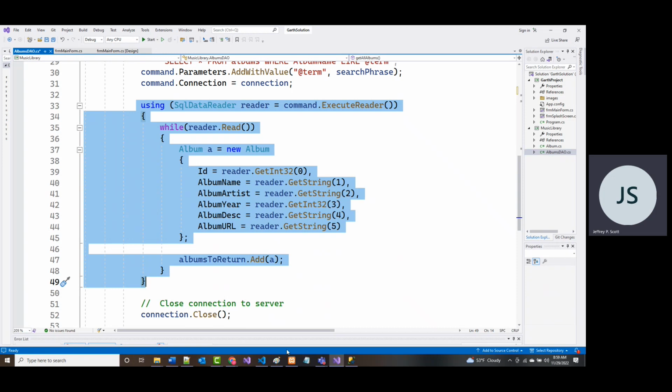This using statement, and you can see it starts on line 33 and it ends on line 49. So it's about 15 to 20 lines long. It's basically like doing another while loop, because it's telling us there to do an execute reader. What that means is, since it says reader on there, anything that gets returned, you will not be able to edit.